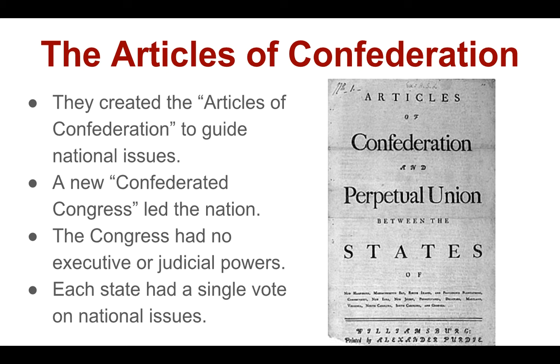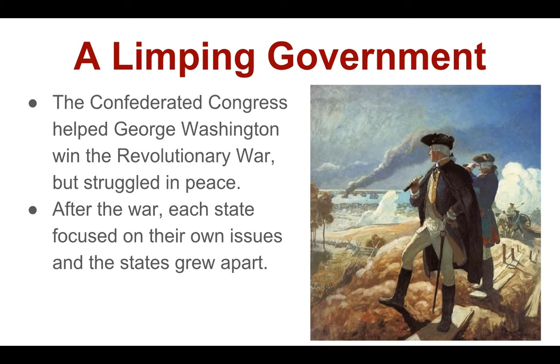And additionally, in that legislature, each state had but one single vote on national issues. So you could have small states like Delaware and Rhode Island having equal say with states that had 10, 20 times their population, such as Virginia. This was inherently unequal if you look at it as a single nation. But if you look at it as 13 independent states and a loosely bound alliance system, slightly more equal. But that's not going to work in the long run.